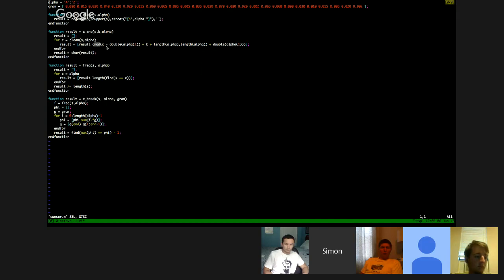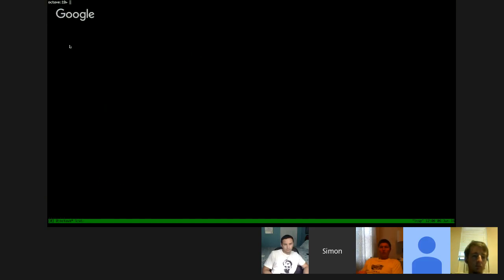And so, for example, C is iterated through all characters in the given text. And that's how for loops are defined in Octave. Let me do some illustration in this regard. So, for example, if I define an array x from 2 to 6, I can just write a loop